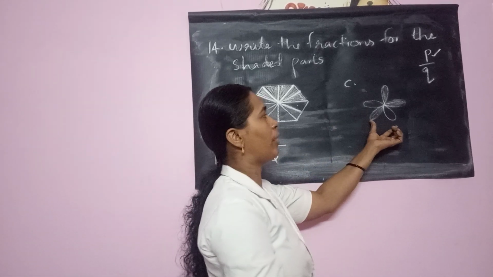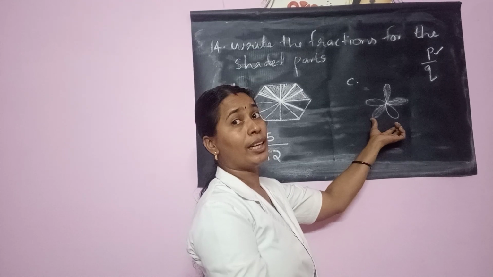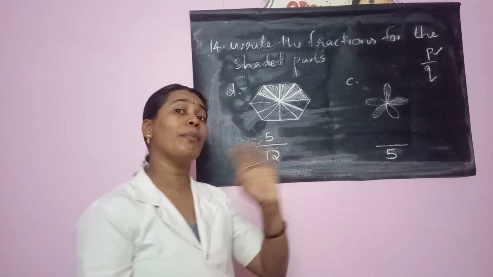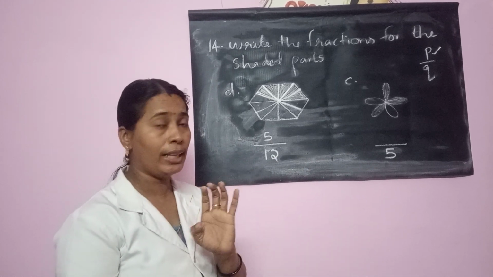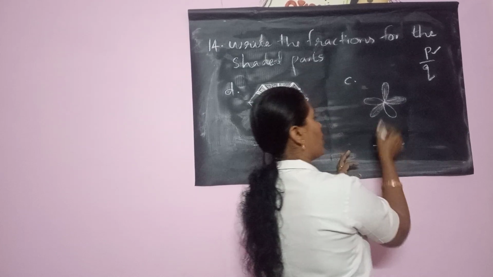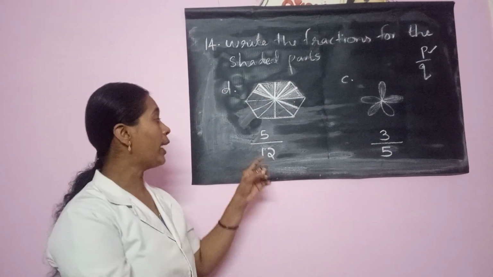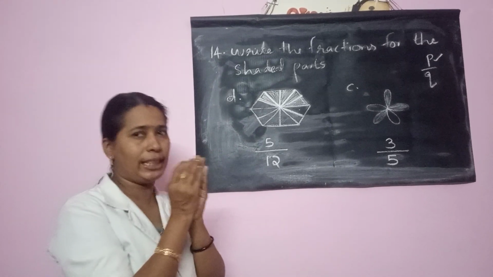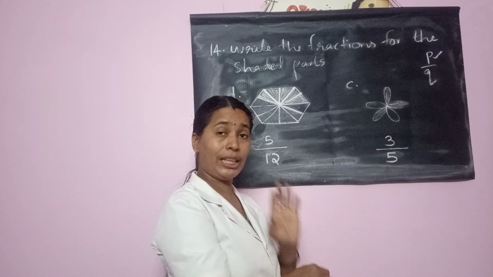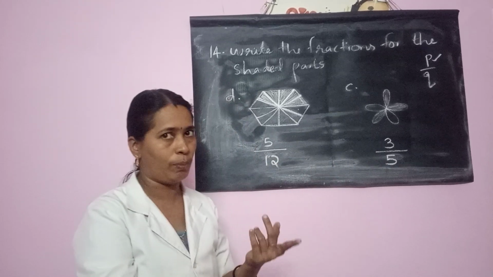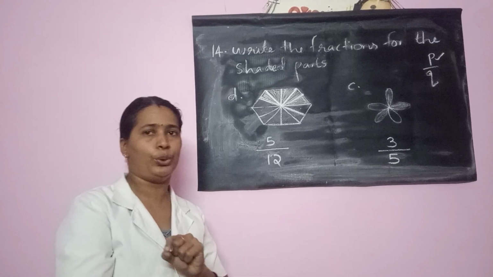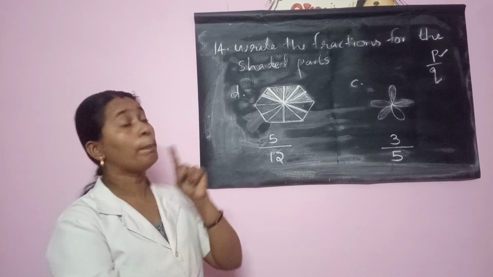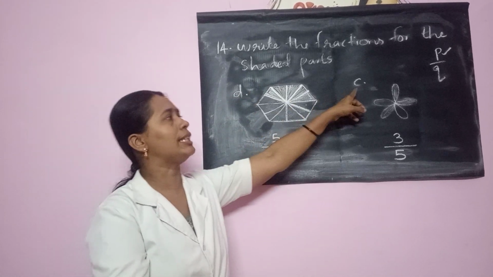Similarly, see this is somewhat a flower shape. How many petals are there? Total 5 petals are there. Out of 5, how many of them are shaded or colored? Red colored? 3 petals are. So 3 by 5. Don't write 12 by 5. 12 by 5 is wrong. It is not a fraction. Okay. Part is required. That's why 3 by 5 is the correct answer. Don't write 5 by 3. That is wrong. And question number A is answered for you. Okay. In the question itself they have answered it for you. What you have to do for homework? Question number B. Because this is D and this is C. Okay.